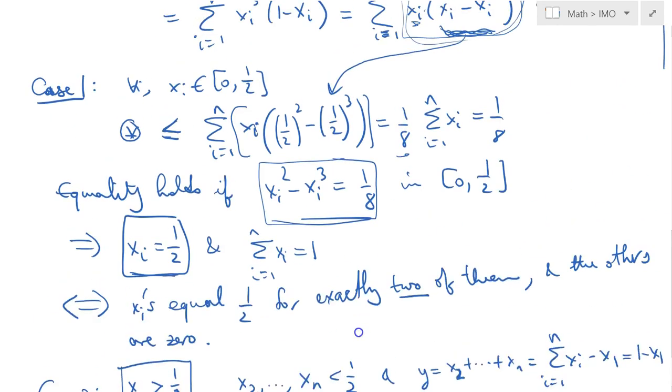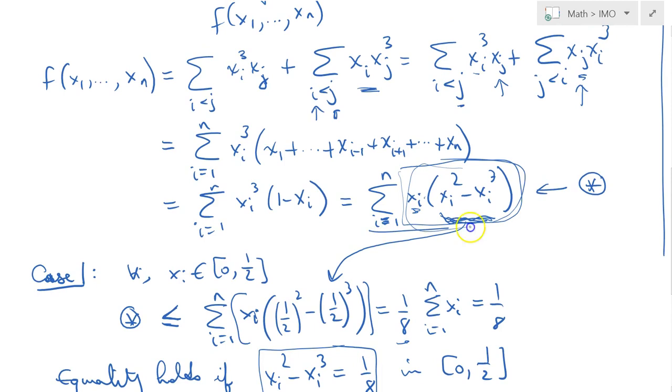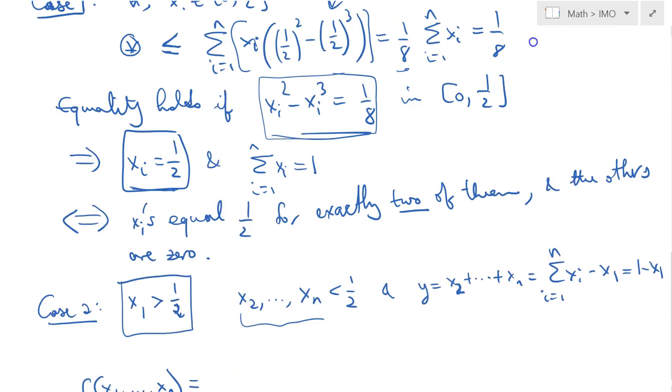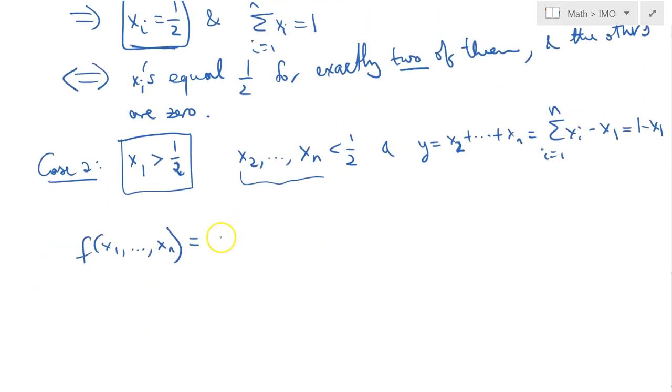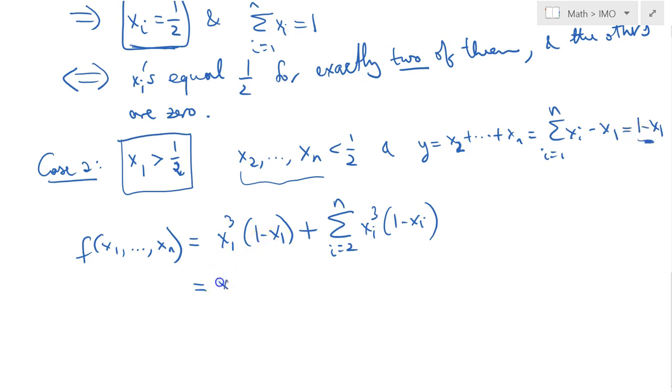The case i equals 1, I will take out, and so it will become x1 cubed times 1 minus x1, and for everything remaining I will keep the summation sign, i equals from 2 to n, x sub i cubed times 1 minus x sub i. Remember that we decided to call 1 minus x1 as y, so that's just x1 cubed y